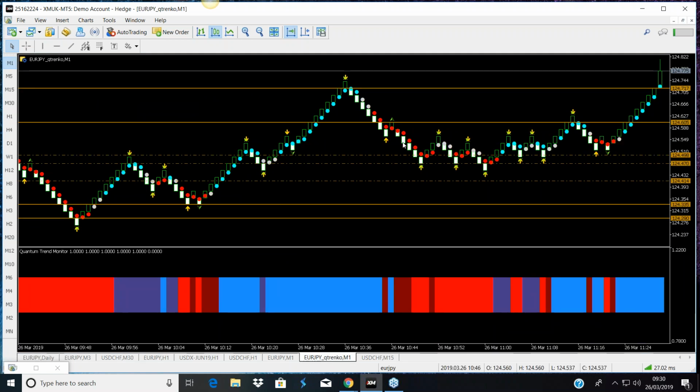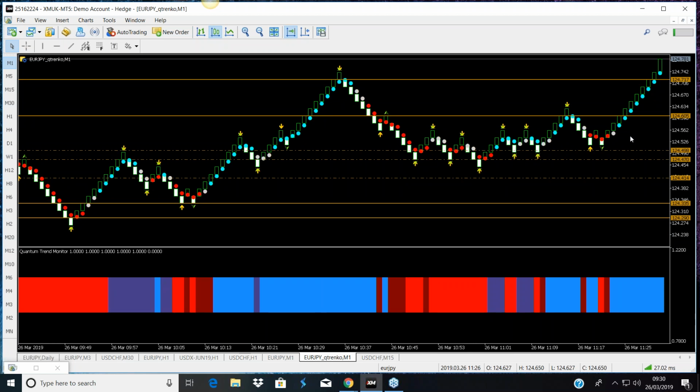So if you captured this little move, if you decided to take this little long position here, prior to that you can see it was very choppy, lots of sideways, but we saw the buying in the euro that had come in on the CSI and the selling of the Japanese yen. That would have been a nice move higher.